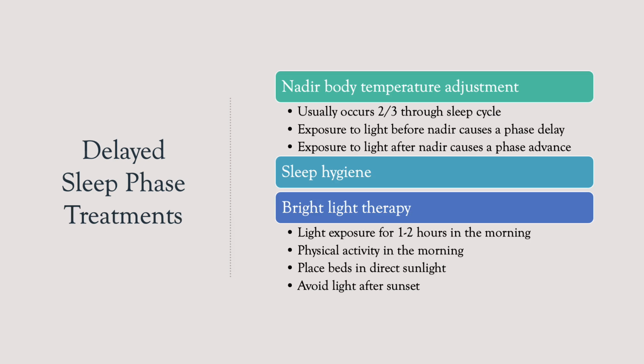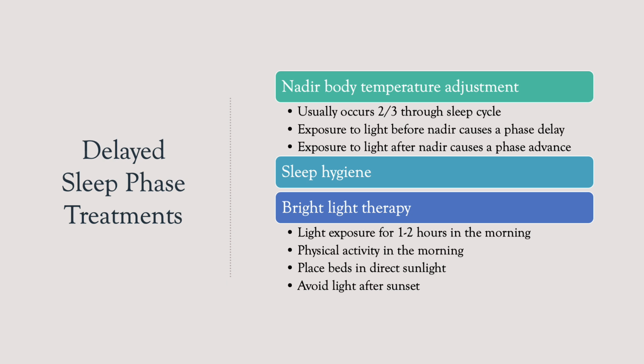Treatments for delayed sleep phase include adjusting the body temperature nadir, or when the core temperature is at its lowest. Typically, we want to see the nadir about 2/3 of the way through the nighttime sleep period, and light therapy can help with that. When you're exposed to light before the nadir occurs, it causes a phase delay, or feeling sleepy later. When you are exposed to light after the nadir occurs, it will cause a phase advance, or feeling